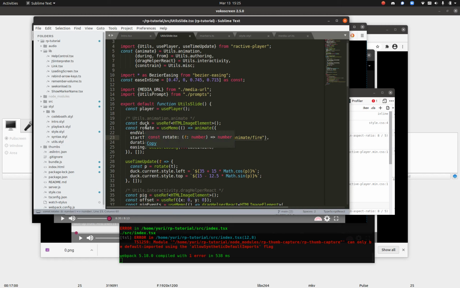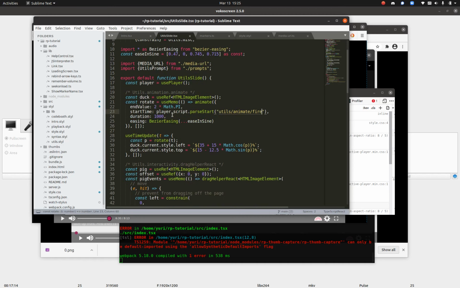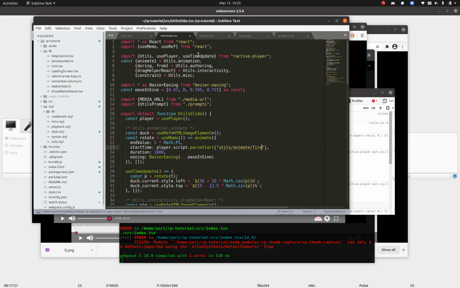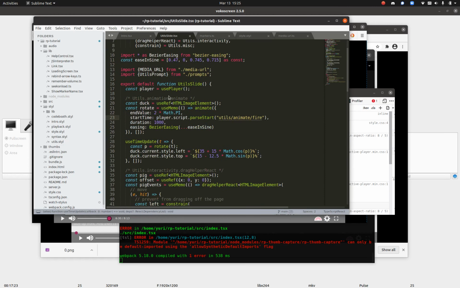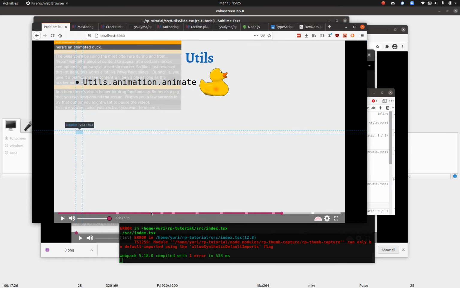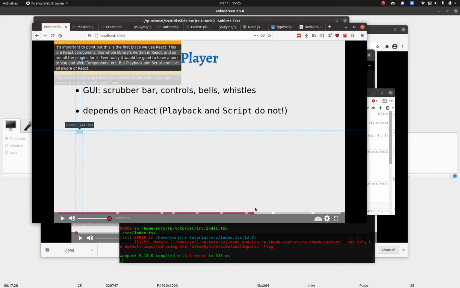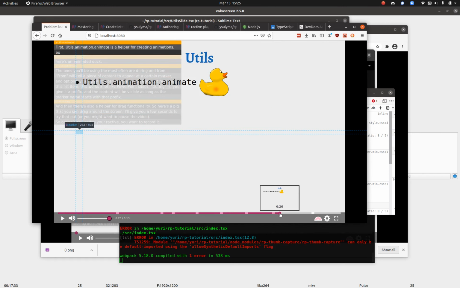So then rotate. What it gives us in the end is a function which takes in a number and spits out a number. So the number t that it's taking is the current playback time of the Ractive, and the number it's spitting out is going to be the angle at which to display it. So useTimeUpdate, this is another hook. This will run anytime the current time of the Ractive changes, like where it's playing. So all of these would be firing in a useTimeUpdate hook. And